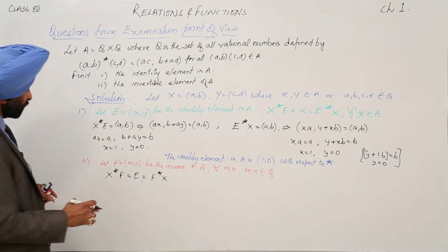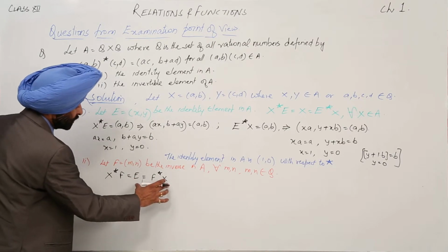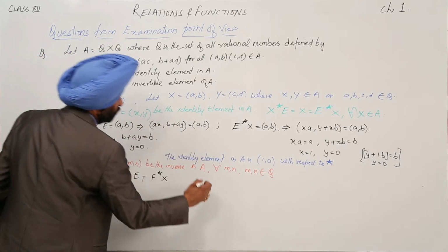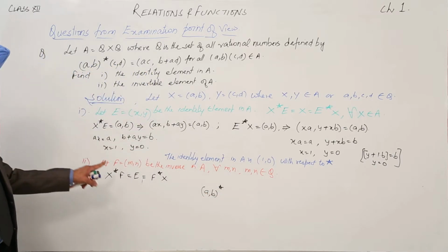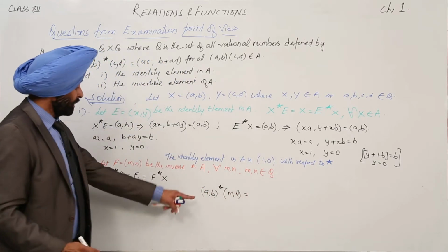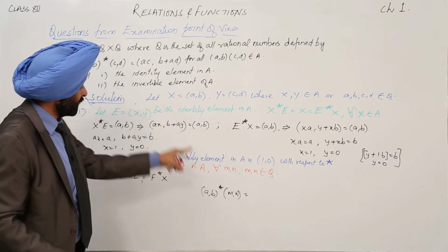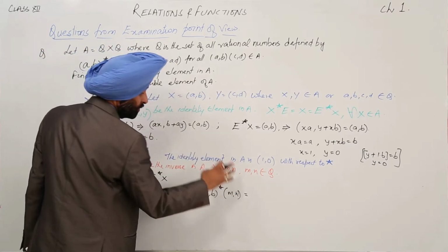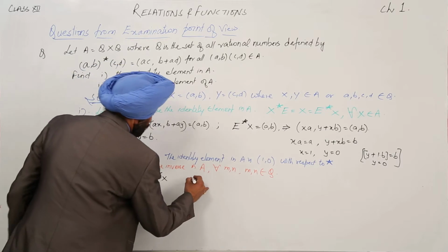Now we are proving, what we are proving? This part with this one, what is the value for the inverse? And with this one also, what is the value of the inverse? Now what is x? Again x we are having (a, b) and with f is what? We have taken (m, n). Now again A, B is a and b as it is. For C, D we are having m and n. Now where is C? We are going to put m. Where is D? We are going to put n. Simple calculation.